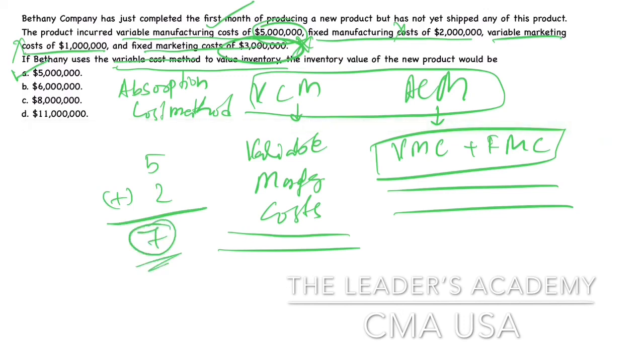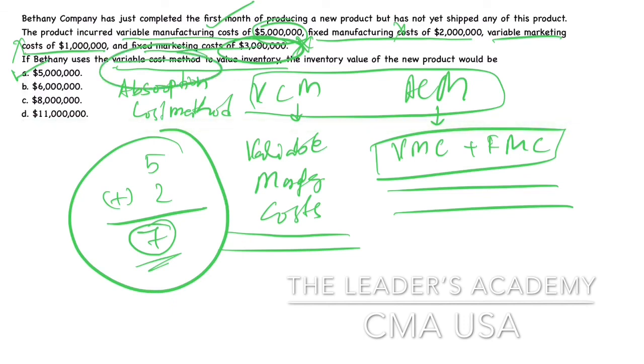Anyway we don't have that option, but I gave you the idea because in the exam this type of question may come. They have asked variable cost here, but in the exam they may ask absorption cost, correct? So you should be able to answer it. I hope you got this perfectly. And don't forget to watch the previous video where the whole concept of variable cost method and absorption cost method is explained.